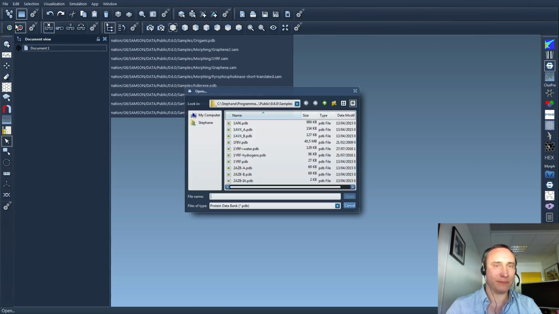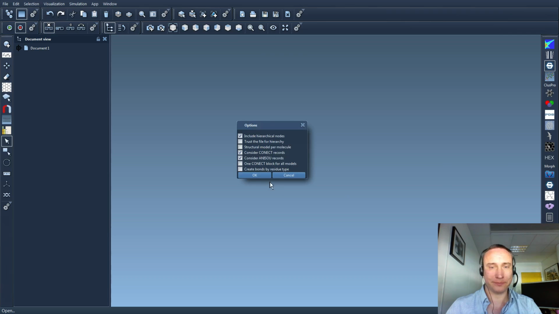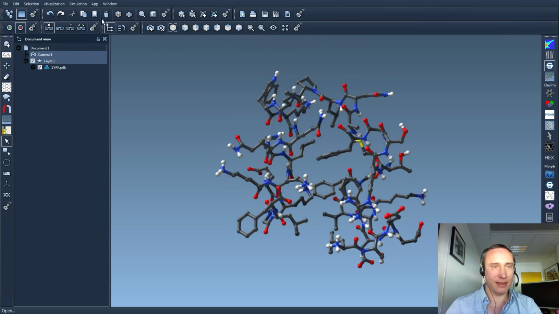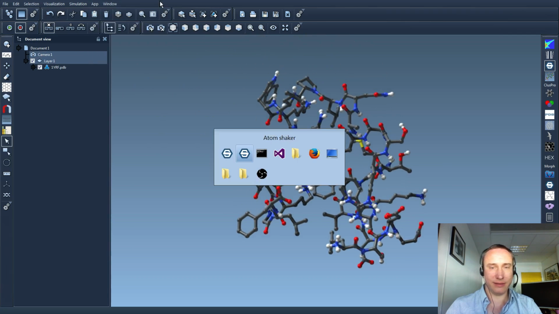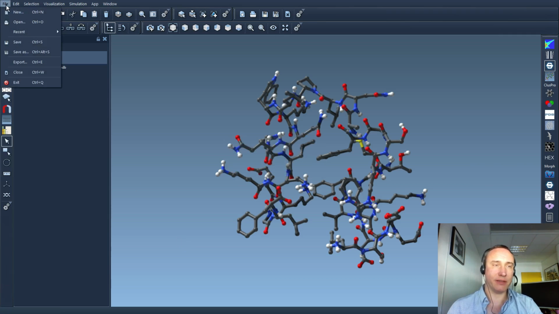Let's open a document, let's say this protein here, and then let's see our app, shake atoms, and hello, we found 356 atoms. Okay, so this part worked. We indexed all the atoms in the document, and we displayed the number in the status bar. Okay, so let's exit SAMSON,